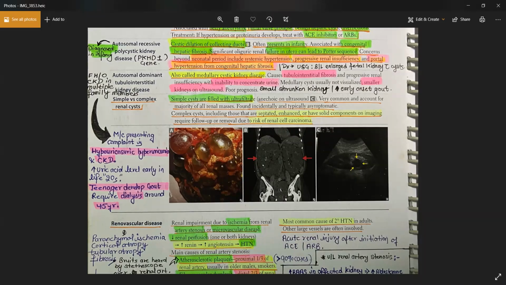A patient with a multiple family history, having hyperuricemia, multiple family members having gout, having kidney failure at a very early stage. Generally you have kidney failure in very old age, after 50 or 60 years. In this scenario, the patient will have kidney failure in their 30s or 40s only. So multiple family members having kidney failure in their 30s and 40s, multiple family members having a history of gout, think about autosomal dominant tubointerstitial disease, okay?